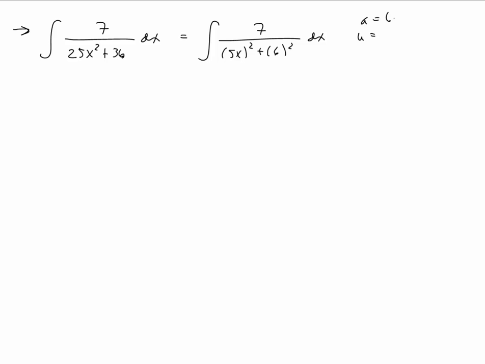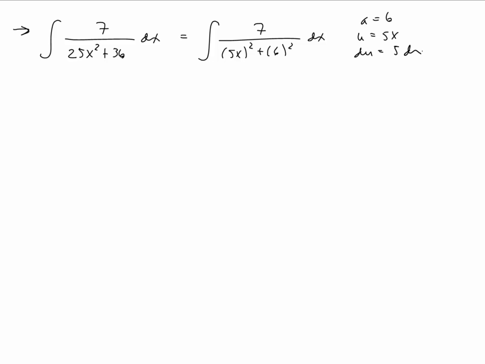Let's try a few more of these. Let's do 25x squared plus 36 dx. Now, first of all, you'd always try a u substitution. So if we let u equal 25x squared plus 36, we would need a 50x, and you can see I can get a 50 but not an x. So that tells me I need to look at this form. So rewriting this, this is 5x quantity squared plus 6 quantity squared dx. A is 6, u is 5x,